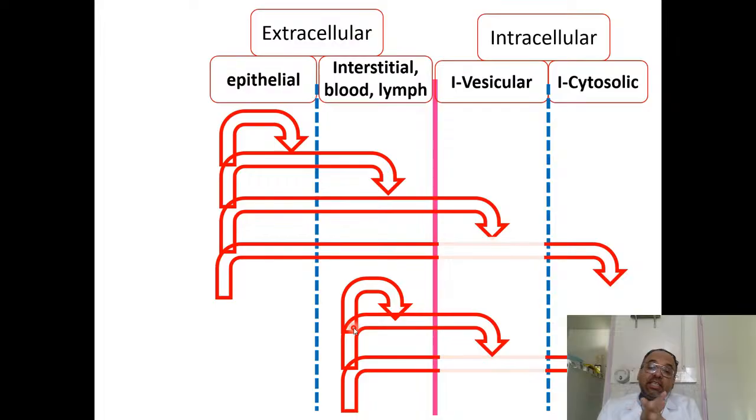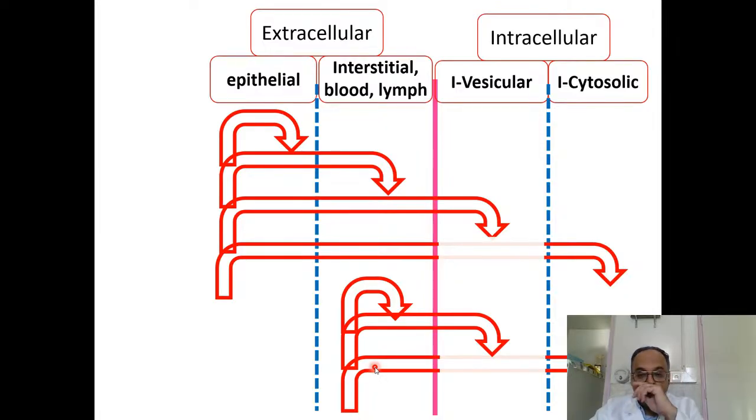So what we see from this very simplified representation of pathogenic point of origin, path, and destination is that all pathogens start their journey from extracellular space. This is important. Even the pathogens that want to reach inside the cytoplasm or the vesicles, they have to start their journey from extracellular space. And this means that this is the realm of the antibodies. The extracellular space is the kingdom of antibodies. The antibodies are present there and they always have a chance to protect. So that's very important to keep in mind.